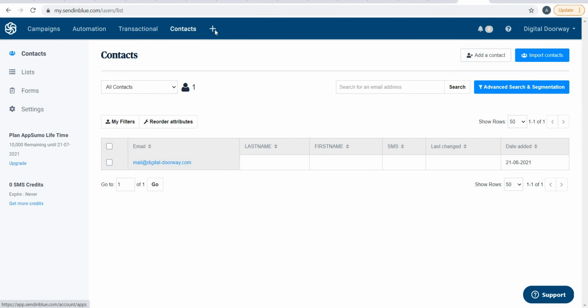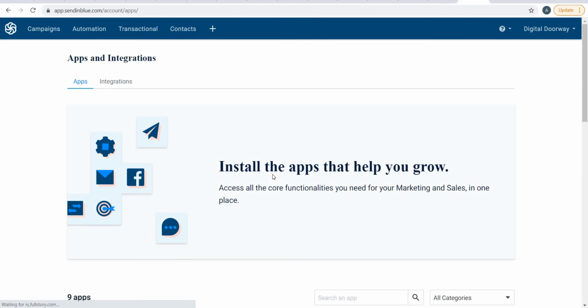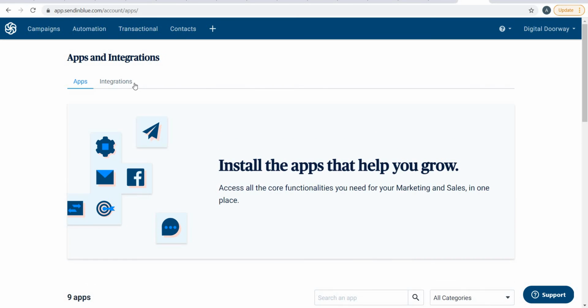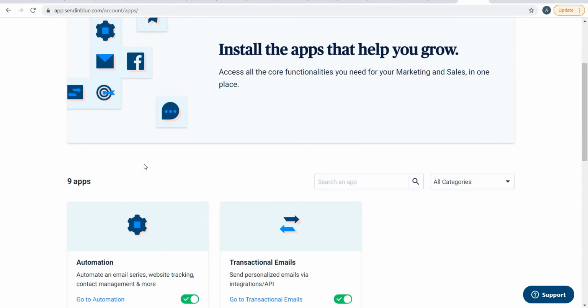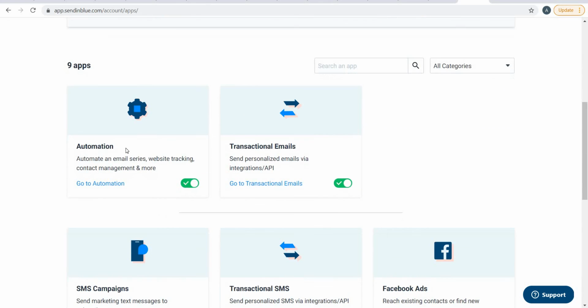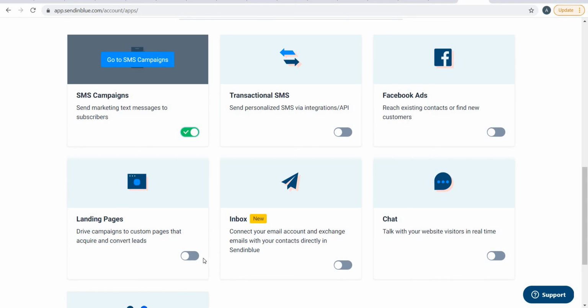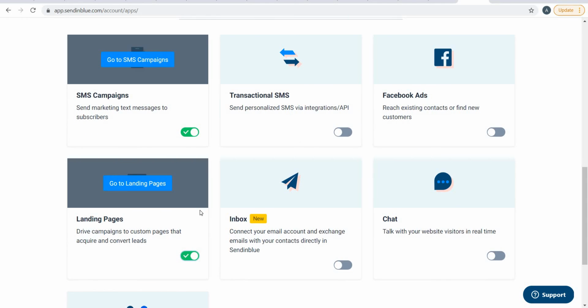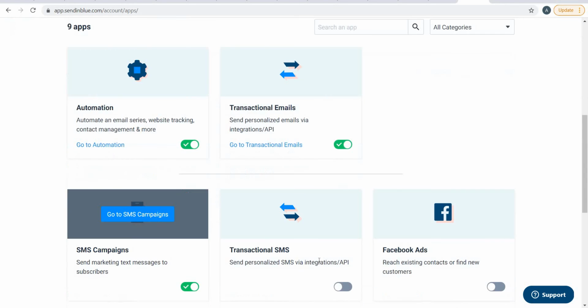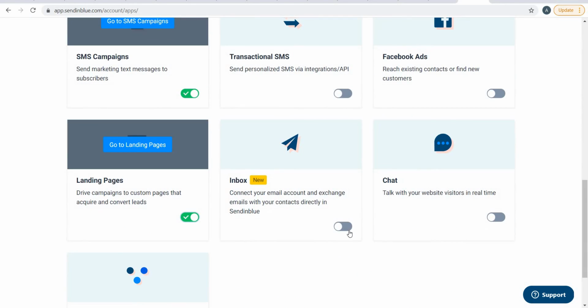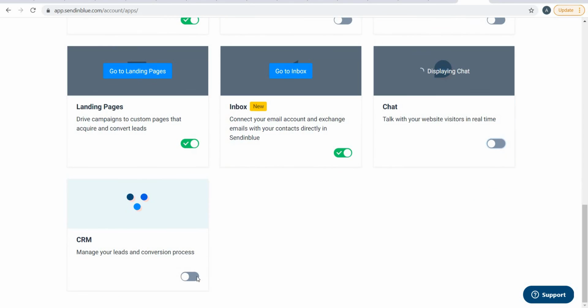If I click on the plus symbol, then you will see the apps and the integrations. Here are different apps. For example, the 9 apps which are available are automation and transactional emails, which are automatically turned on. The other apps are SMS campaigns. Now you'll have to turn these on based on your requirements, and automatically these will start showing up on the top header. You can set up the inbox or the chat and the CRM,